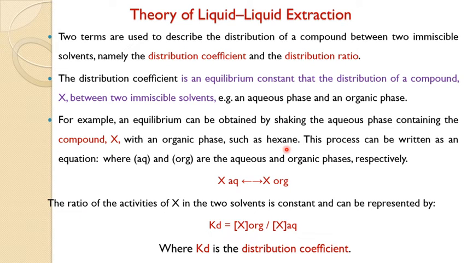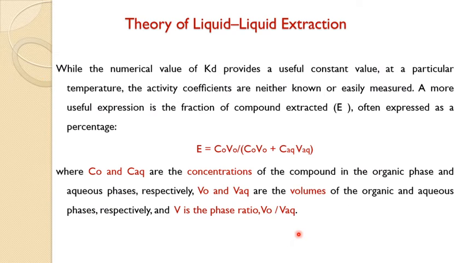It may be in the aqueous phase or organic phase, and that is nothing but the distribution coefficient. The ratio of the aqueous and organic phase concentrations is the distribution coefficient,